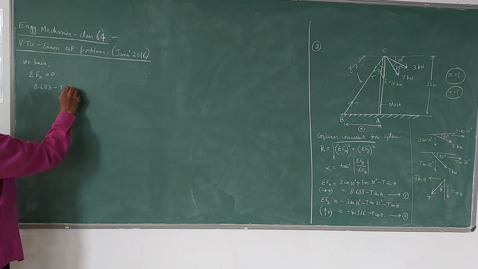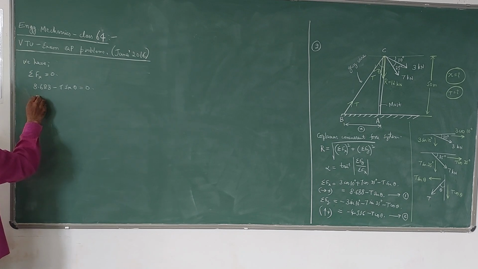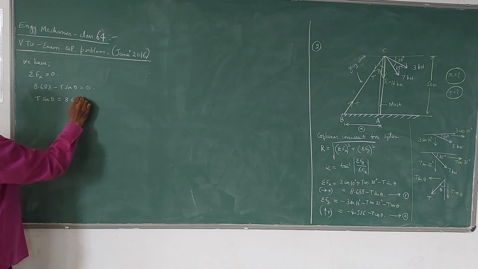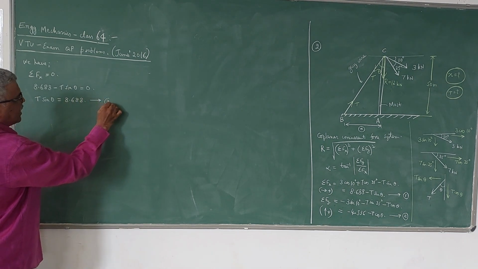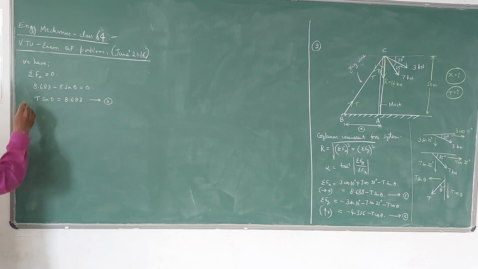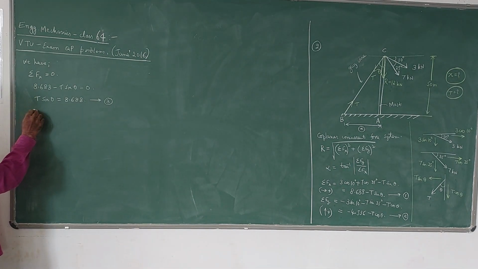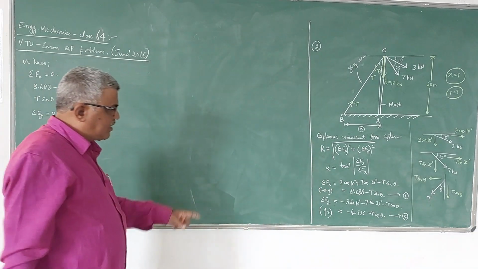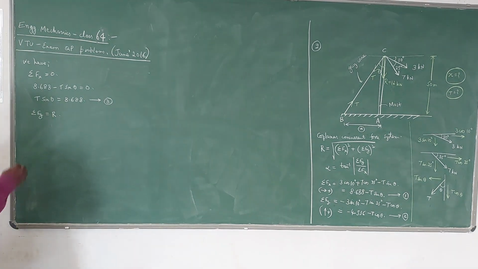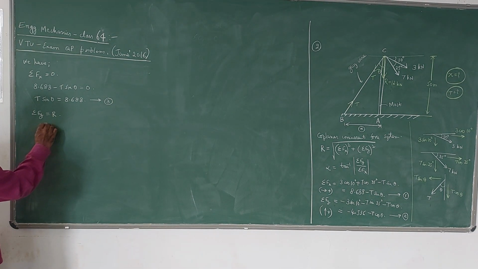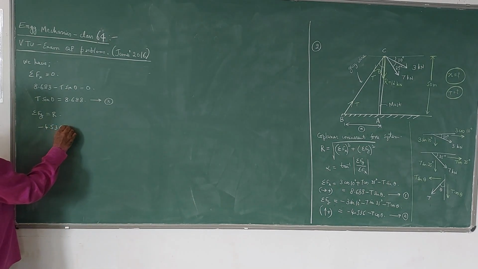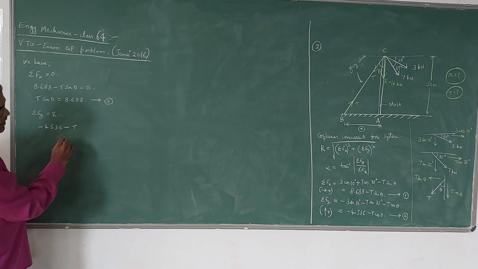Minus T sin theta is equal to 0, or I can write T sin theta is equal to 8.688. So this is equation 3. Then the next condition is sigma Fy is equal to R, because we have been given the resultant acting in the negative y direction. Sigma Fy, of course, is acting downwards. So if you take this, minus 4.536 minus T cos theta